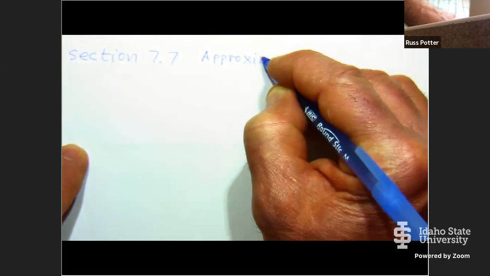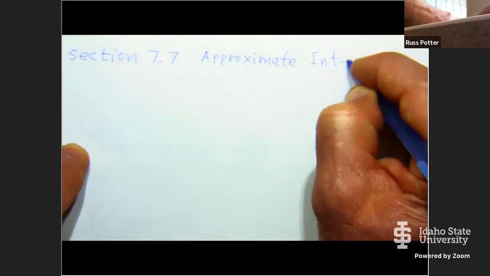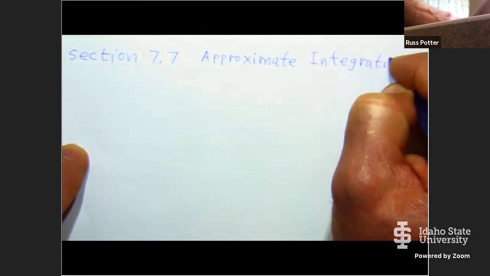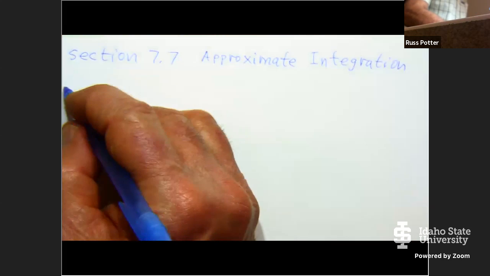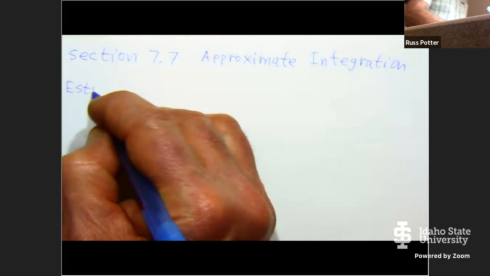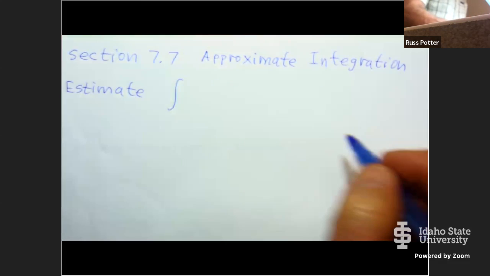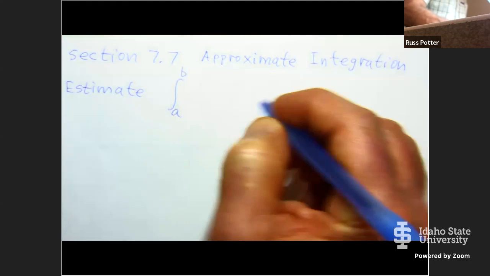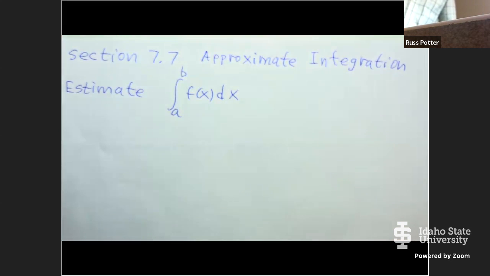You already know some things about approximate integration. So if you want to estimate or approximate a definite integral of a continuous function f of x on the domain interval from a to b,